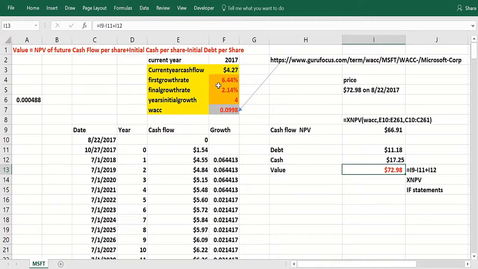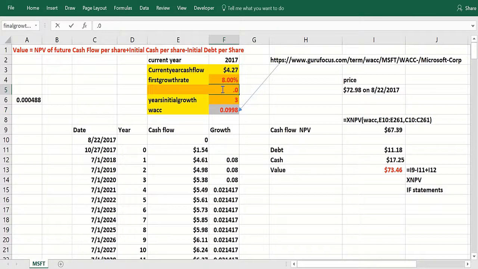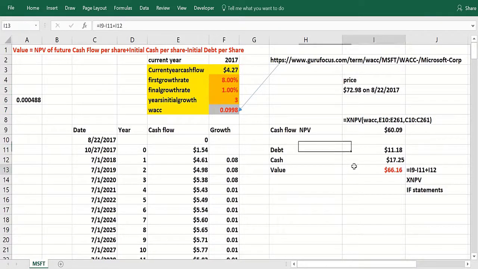You could just mess around with these. Like I could say 8% for 3 years, and I could say 1% thereafter. And that pessimistic assumption would say Microsoft is worth less. But I would say if you get 8% for 4 years, Microsoft still wouldn't be worth enough. 8% for 5 years, that's right about on target. There are a lot of combinations of these cells that'll make the value of Microsoft come out to the stock